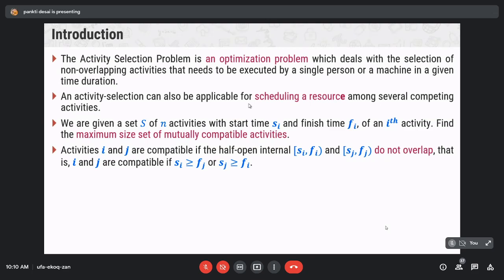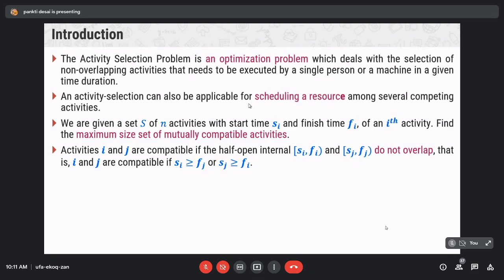That means i and j are compatible if si is greater than or equal to fj or sj is greater than or equal to fi. And we can use activity selection for scheduling a resource application also.